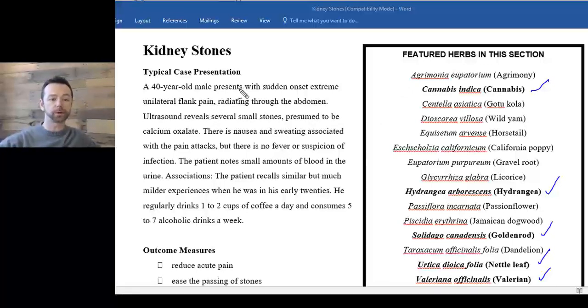We're going to look at kidney stones, of course, and as we often will, we'll see a typical case presentation. And these won't be complicated. Usually they'll be fairly uncomplicated. We've got a 40-year-old male, sudden onset extreme pain, unilateral radiating, really your classic kidney stones. I'm going to assume you know what kidney stones are. Pain is pretty significant in this case because almost always the pain of kidney stones is very extreme,